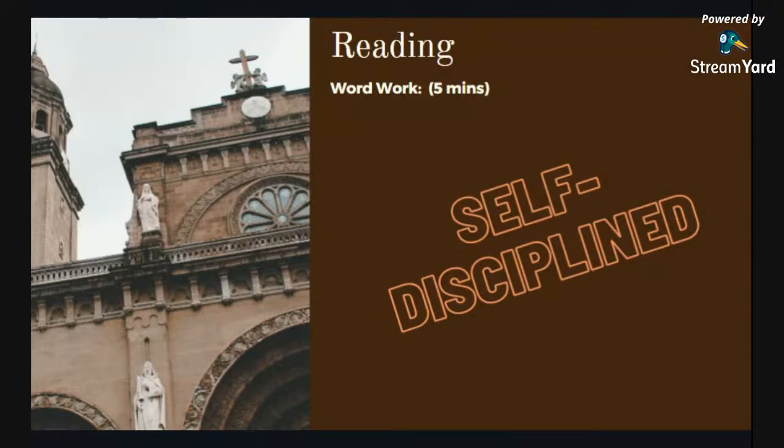Moving on to word work for 5 minutes. They're going to follow their routine with the teacher using the word in context and that sentence from the reader. Students are going to repeat. The teacher will give the definition, a sample sentence, and ask for examples of things you must be self-disciplined to achieve. Students are going to respond using the word self-disciplined in their response. 2 to 3 students will do that using that in a sentence.